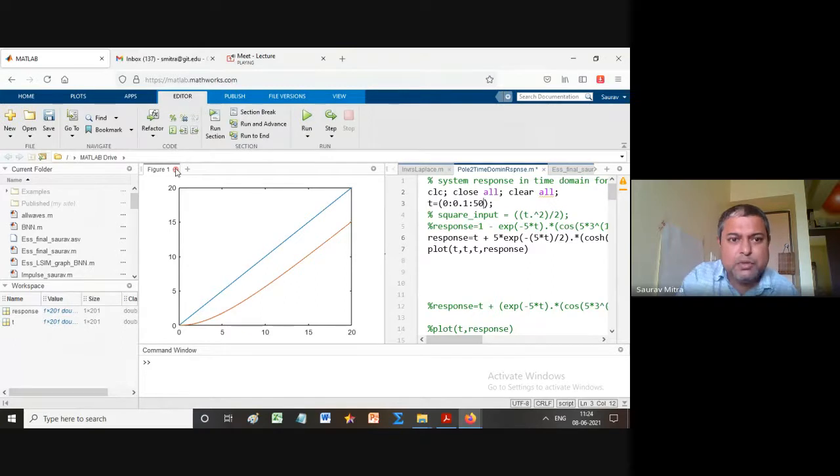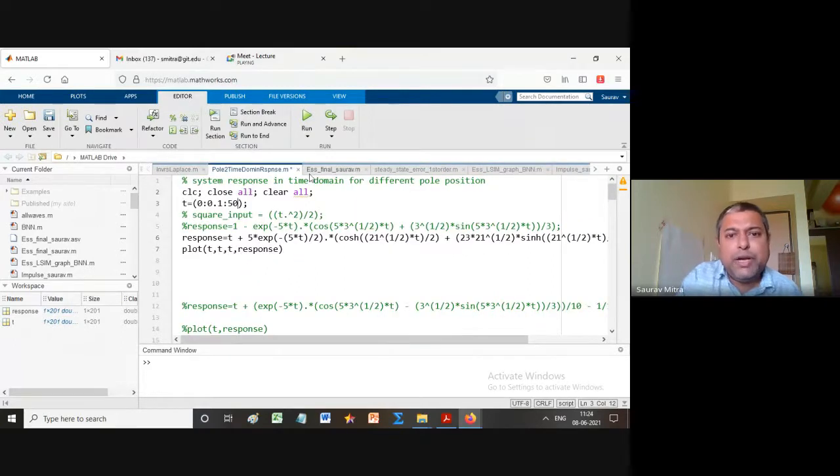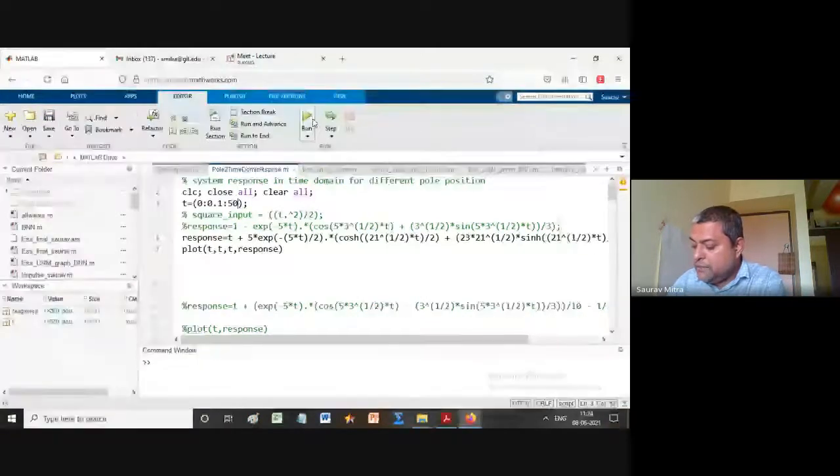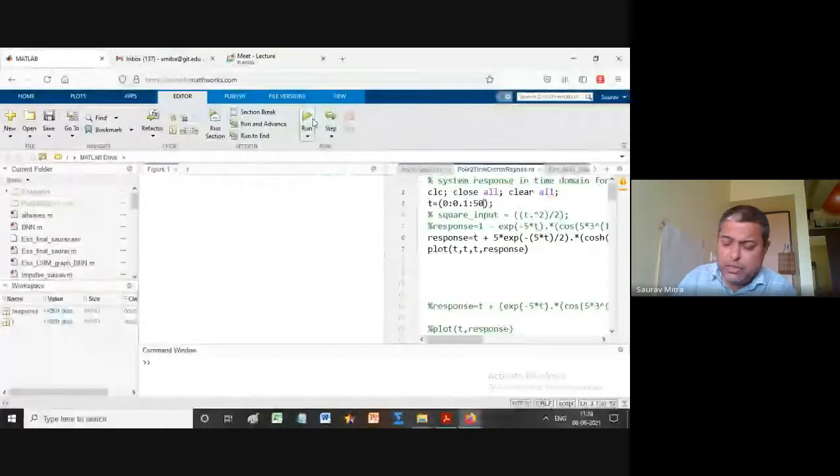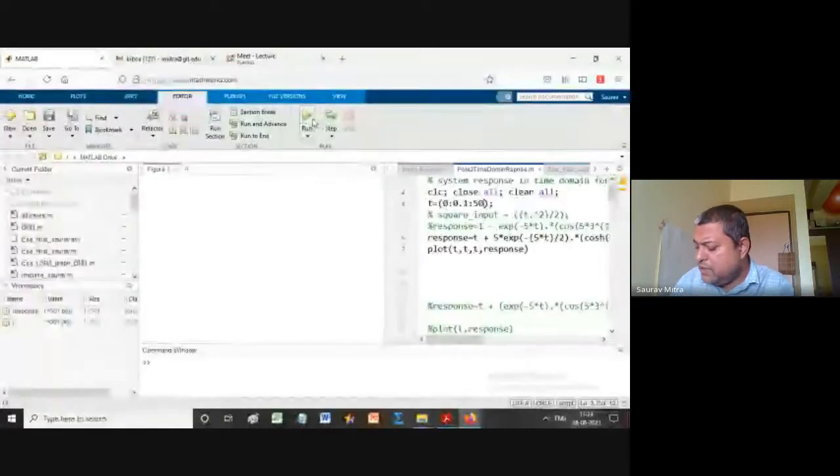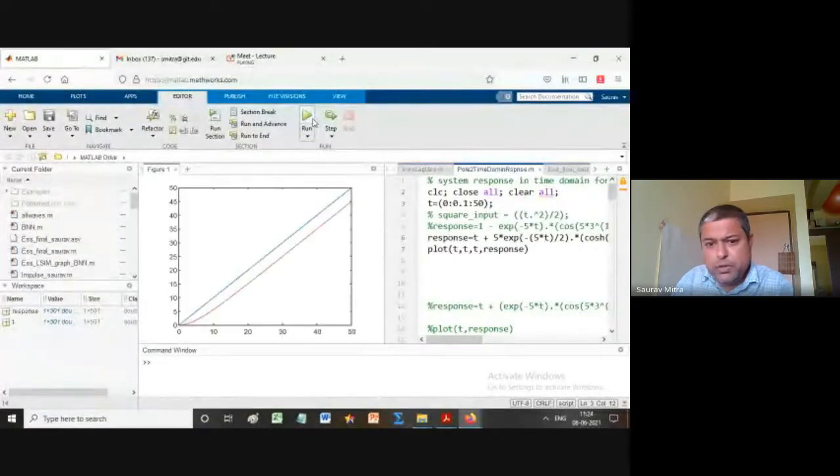Now we'll plot it up to 50. So see, this gap of 4.5, this gap of 4.9, this gap will be maintained. This is the thing I want to show. So at 16.1 I have shown you the output. So this is a type 1 system. This is the ramp output. Now you can see it.